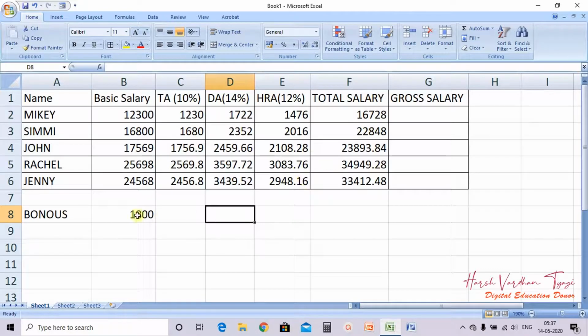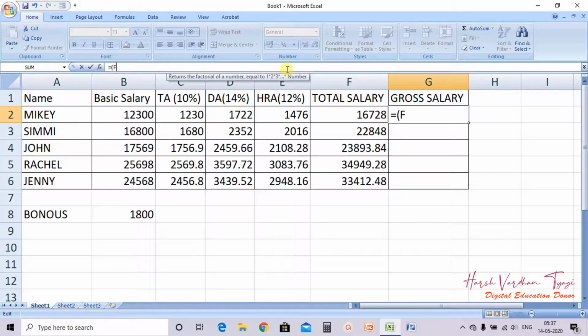Now suppose, click here, total salary we have got equals to bracket F2, that is the total salary, plus the bonus, it is B8.